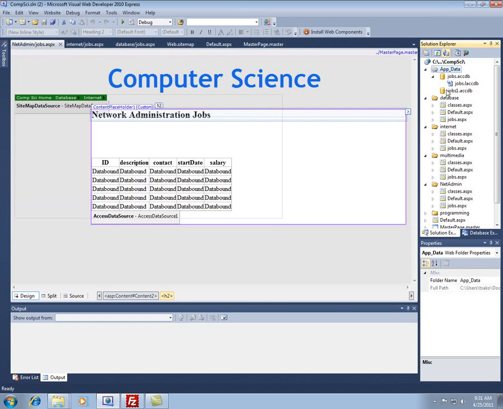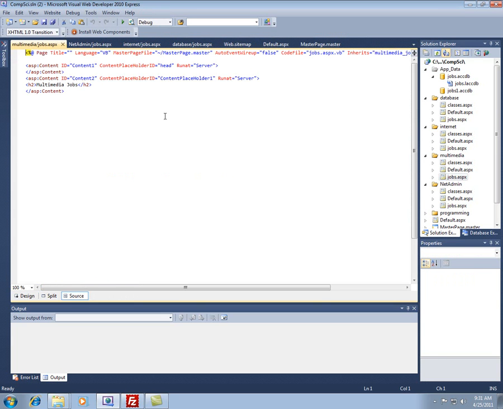Now, to get the data in the database, I want a page to display this. So I've already got one made over here, a jobs page. So I'm going to open up this jobs page, come in here, position my cursor where I want the table to end up being displayed. And then I got a choice here. I can double click this jobs database,